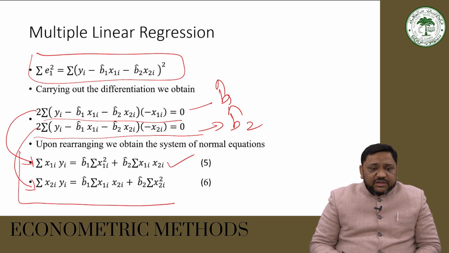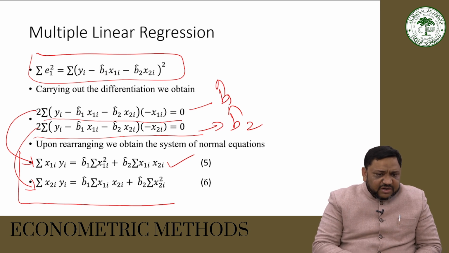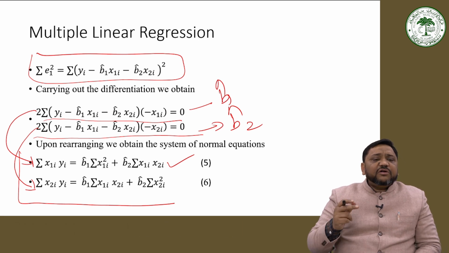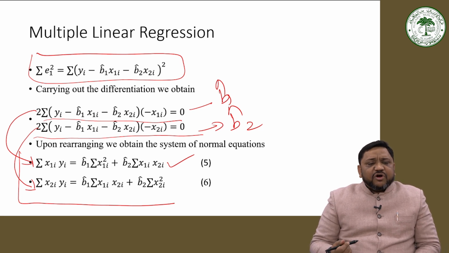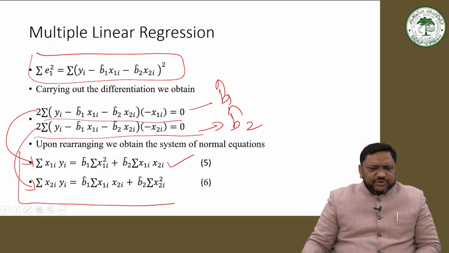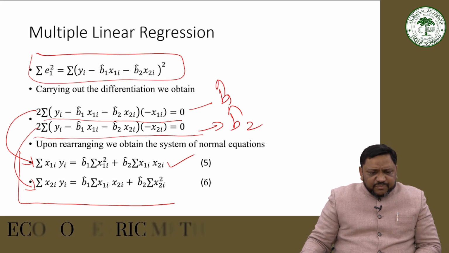These two are nothing but the same equations which we had derived earlier, and after that we used the inverse method of matrices and got the values of b1 hat and b2 hat. So this is just the same method. It was just for your information to know that you can derive both the things either by using the normal equations or by using the method of minimizing the